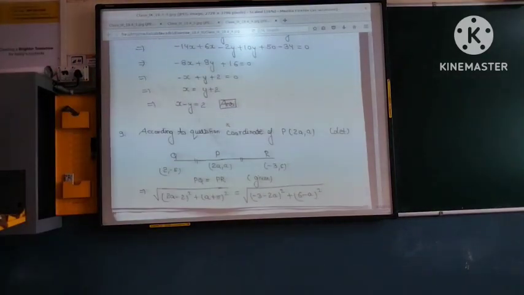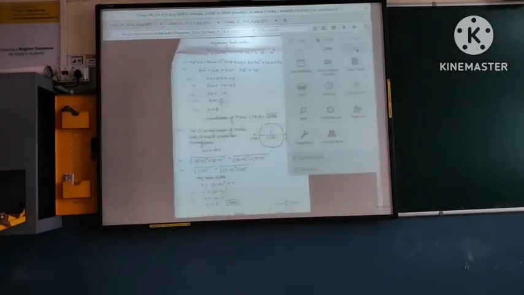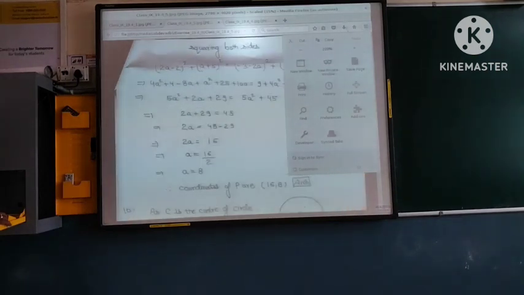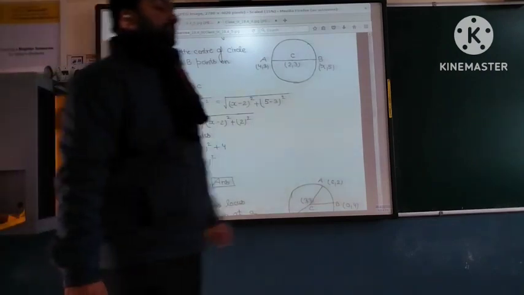Now ninth, already you see, the ninth question is about again finding the equidistant point only. So ninth is nothing different. I am taking the question number